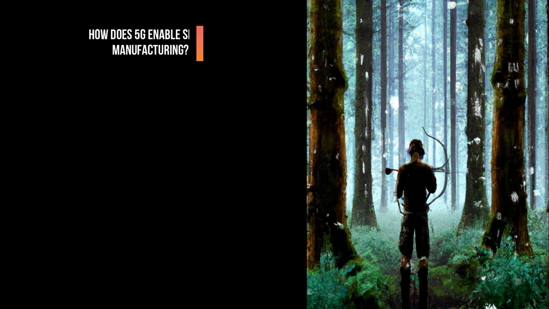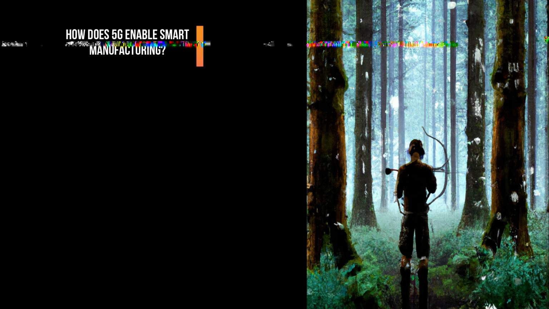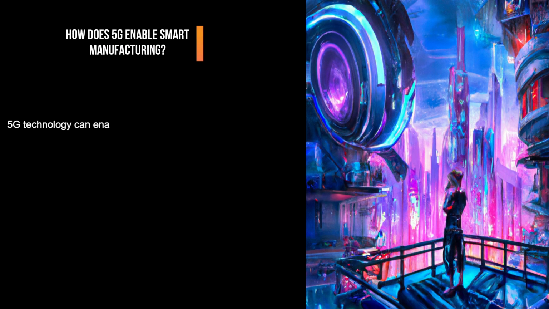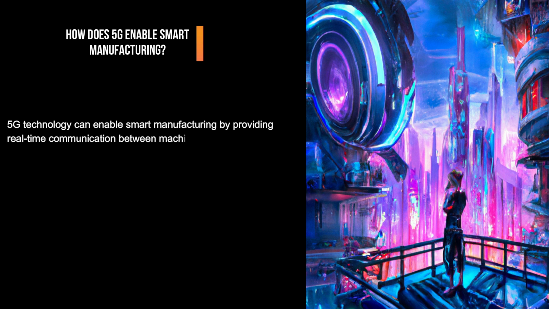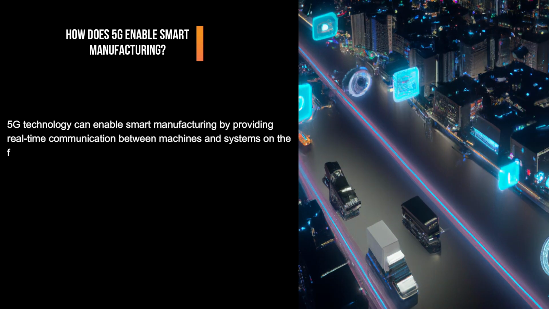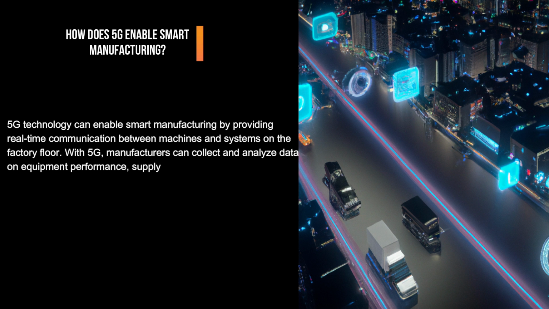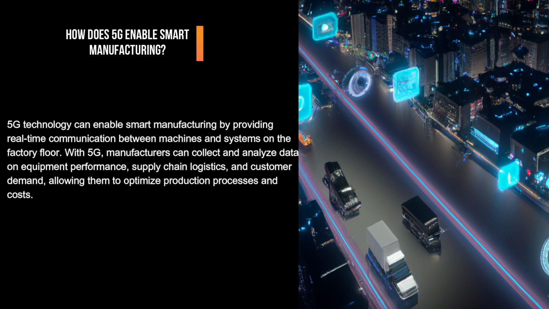How does 5G enable smart manufacturing? 5G technology can enable smart manufacturing by providing real-time communication between machines and systems on the factory floor. With 5G, manufacturers can collect and analyze data on equipment performance, supply chain logistics, and customer demand, allowing them to optimize production processes and improve efficiency. Additionally, 5G can enable remote monitoring and control of machinery, reducing downtime and maintenance